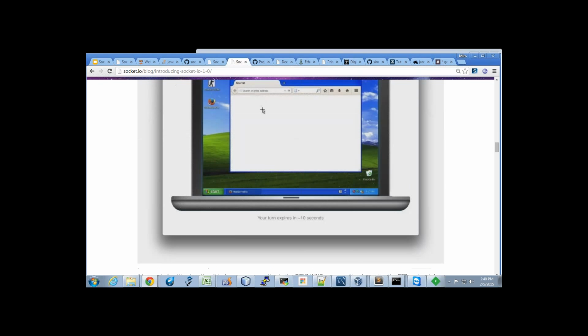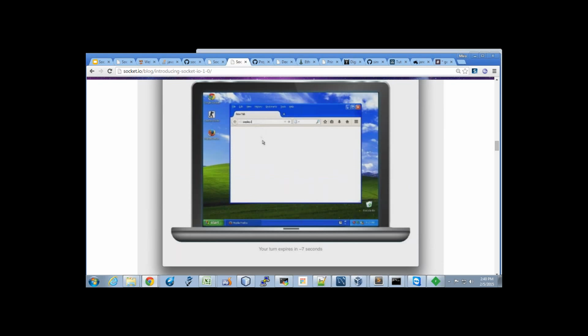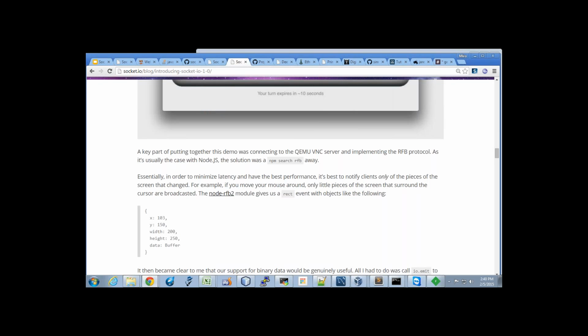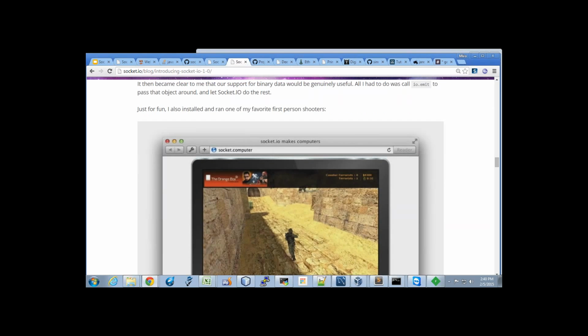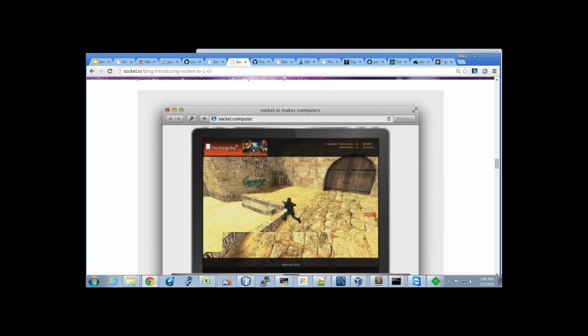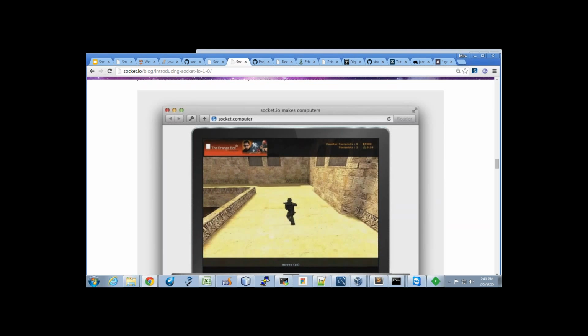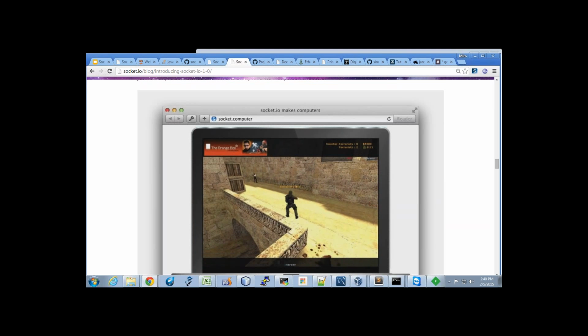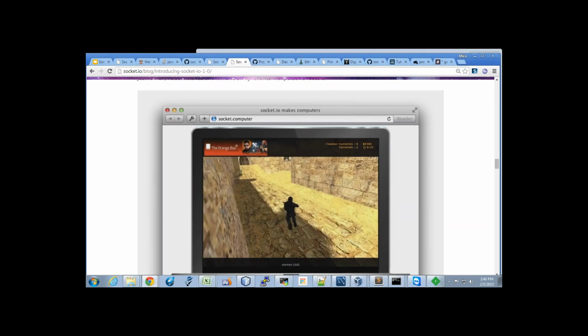So you see the computer in the browser? Yeah. It's all images already. It's just sending images, streaming, and it's keeping everybody in sync. I think they even have that Counter-Strike example. So you could play a game through the cloud. If you're using the server's resources to do the graphics, then you're just sending rasterized